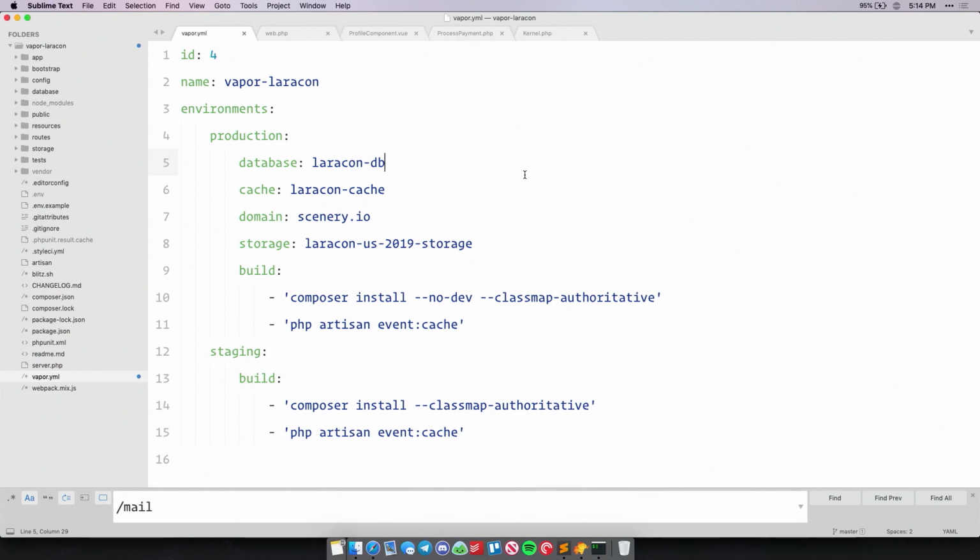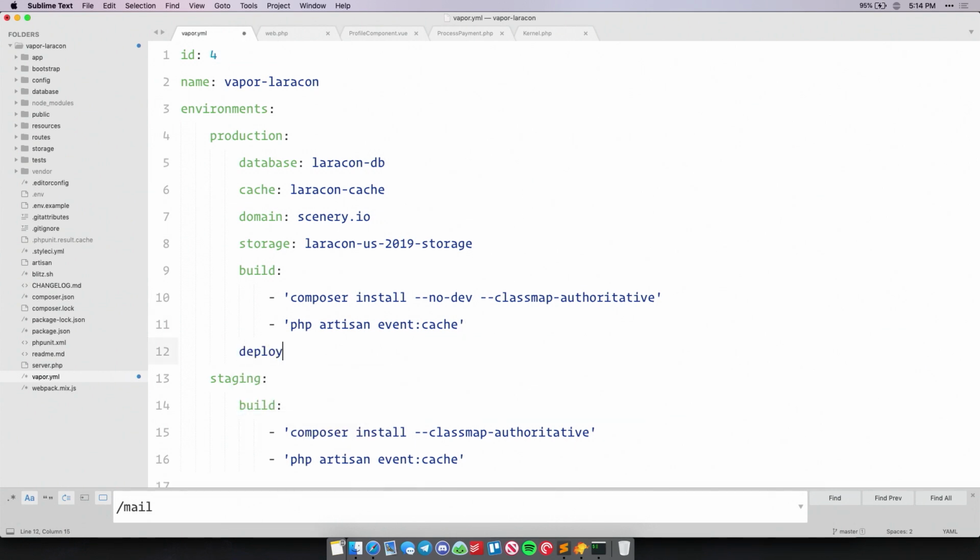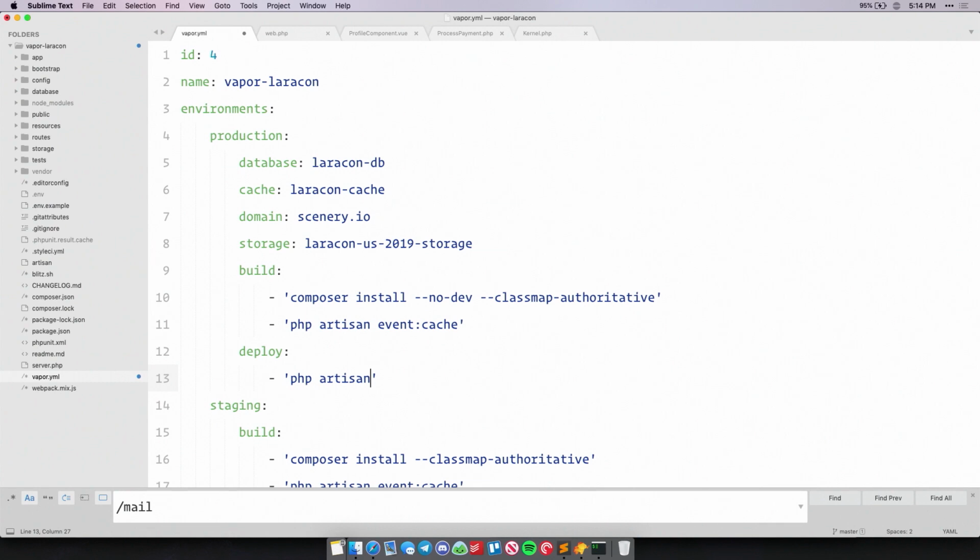So just a couple other tidbits to finish up. We've seen build steps that run locally on this machine, like installing my composer dependencies and so on. But you can also have deployment steps. So these are steps that run while the application's in the serverless environment. So for example, migrating the database. I can't do that from my local machine. So what I do is actually add a deploy key here: php artisan migrate --force, let's say, just like that. And now when I deploy,